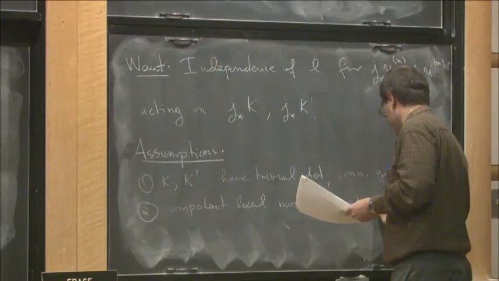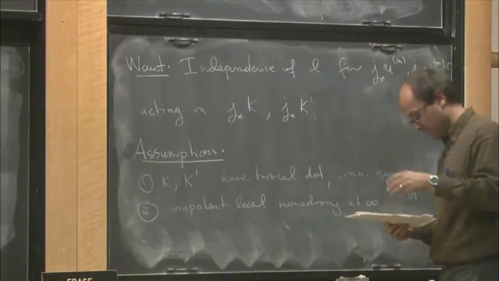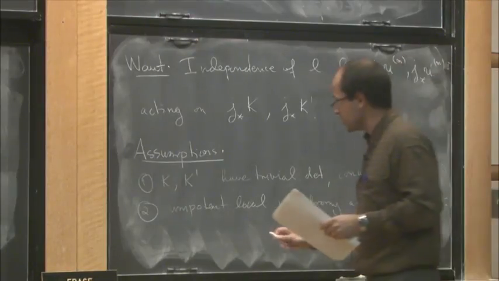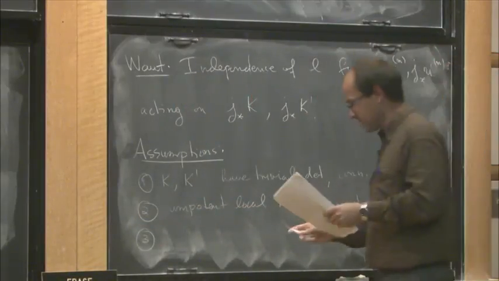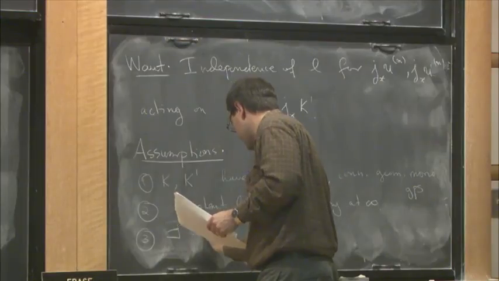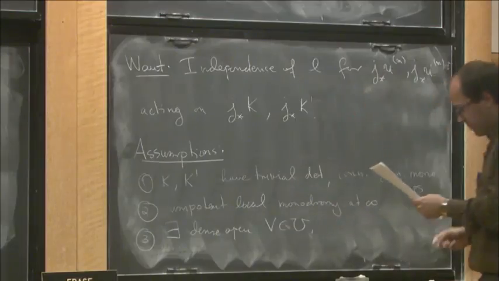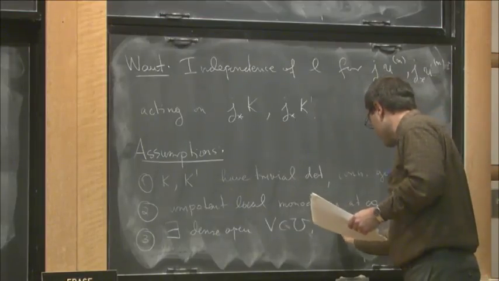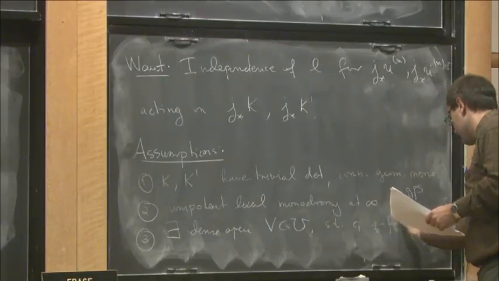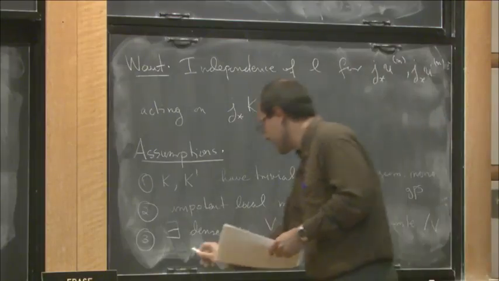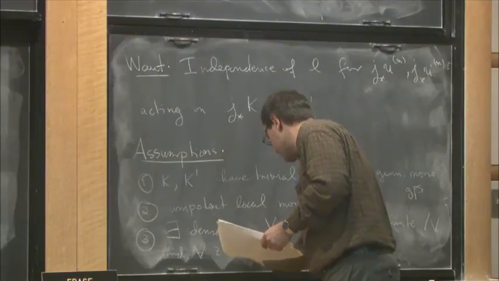At infinity, you have some suitable compactification where the monodromy along the boundary is unipotent. And then third, and that's somehow the most serious, you have some dense open V inside U such that the CIs are quasi-finite over V, and for every fixed point, after possibly twisting,